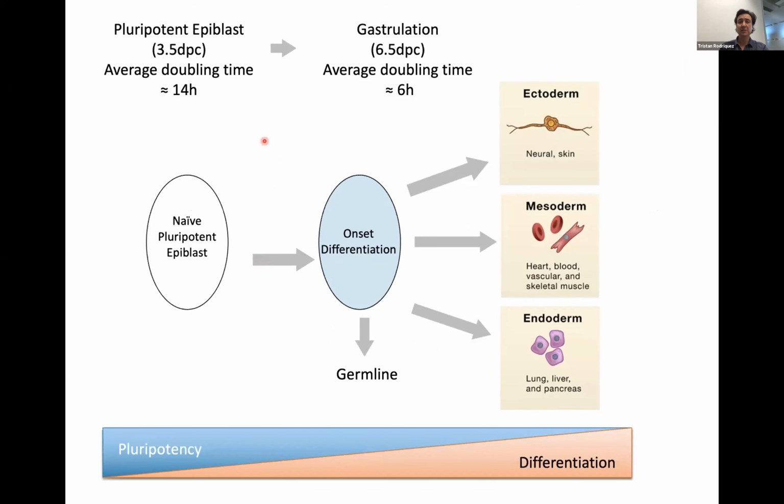One reason for this is because the early mouse embryo offers a very good paradigm to understand how cell fitness is regulated in the face of very substantial changes that occur during the onset of differentiation. When cells initiate differentiation, they need to completely rewire their transcriptional, epigenetic, and signaling networks to be able to downregulate the expression of pluripotency markers and turn on the regulation of differentiation markers in a lineage-specific manner. Accompanying these changes, there's also a doubling of proliferation time that is needed to sustain the cell numbers that are needed for germ layer formation.